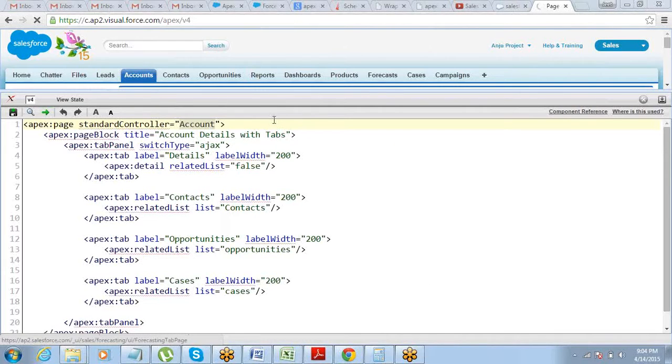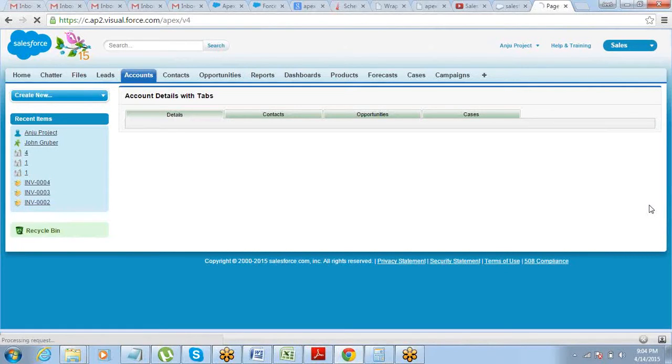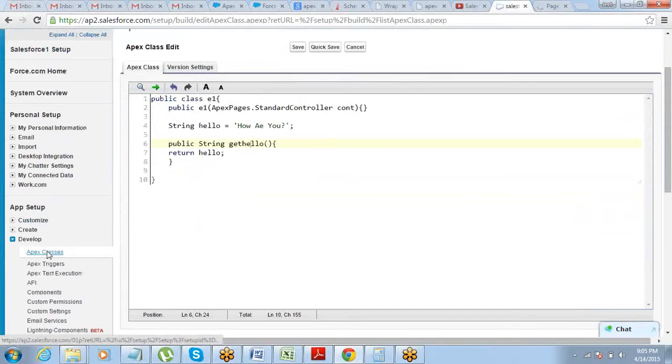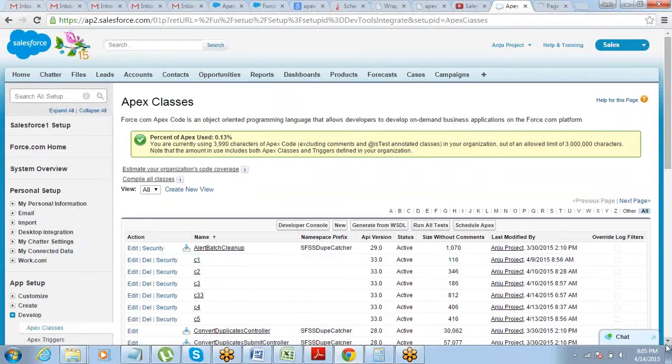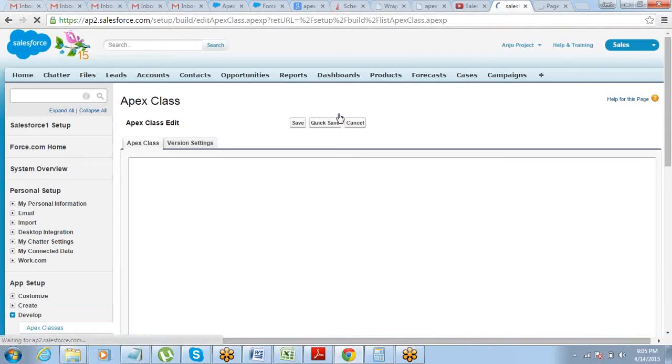campaign which is not connected to the account, in case I want to bring that data on this page, then what do I do? Then I'll have to use a custom method for that, because the standard controller is not capable of fetching the campaign data. So let's do that. It's very, very simple. You just have to write an Apex class. I want anyone to give me 5 fields from the campaign object. There's a standard campaign object. I just want 5 fields, any 5 field names from the campaign object, anyone. In the meanwhile, I'm just writing the class.